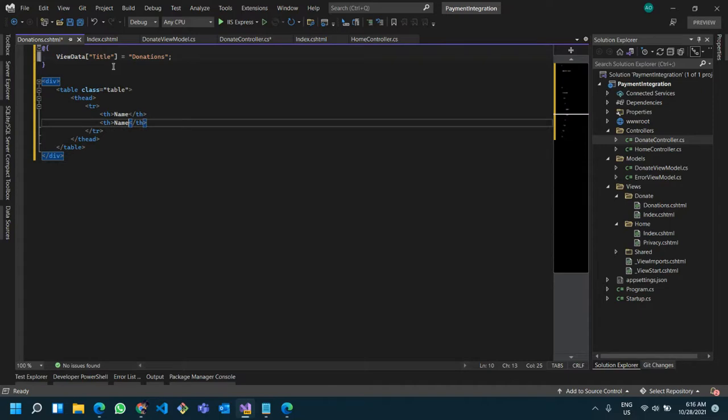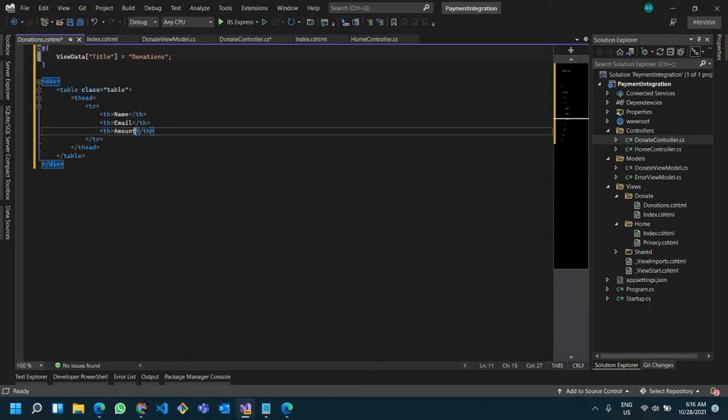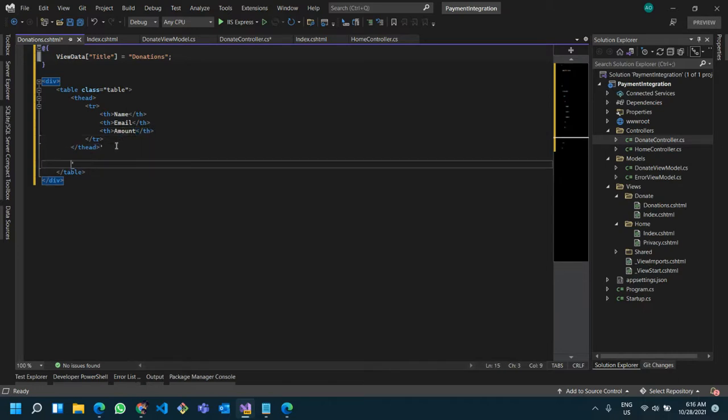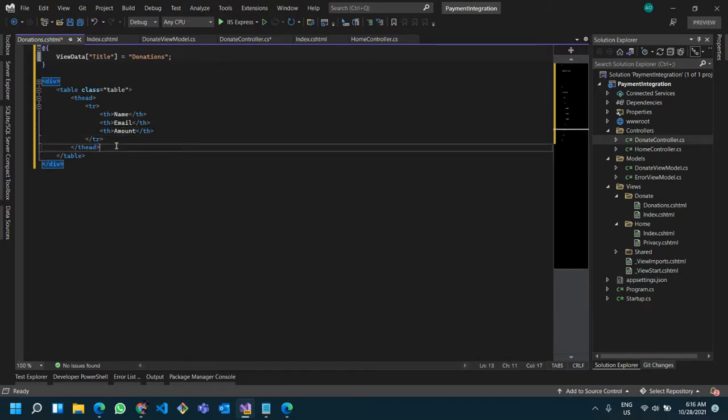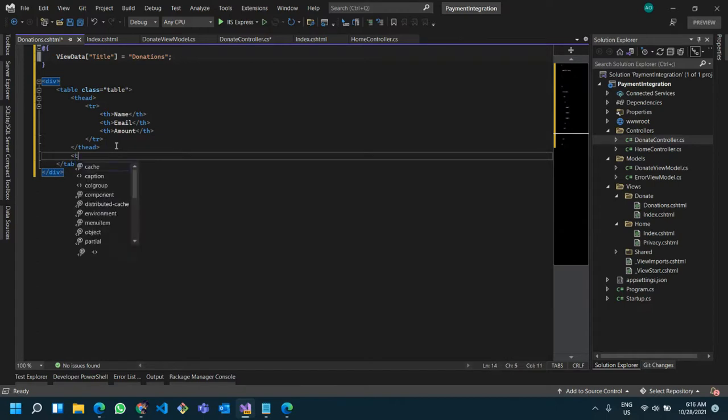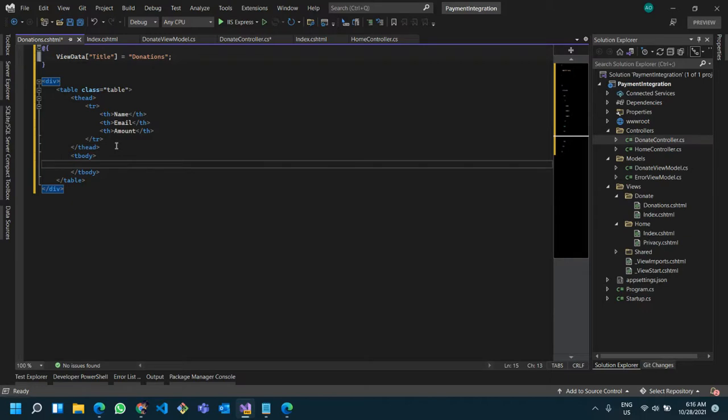Okay, let's duplicate this: name, email, and of course the amount of the donation that was made. All right, that's for the table head. Go back to the tbody. The table body will be needing